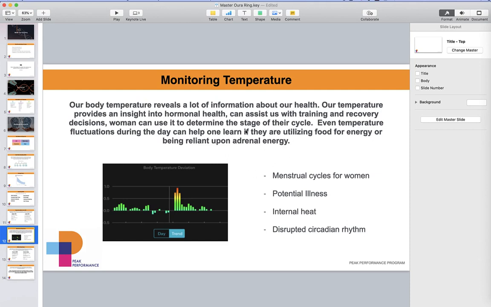And looking at your temperature helps you realize if you're using food for energy or you're reliant upon adrenal energy. So just as a recap, your temperature can tell you cycles for women. It can also tell you potential illness. So if your temperature rises unexpectedly, it could be because you're getting sick, and it gives you your internal heat and disrupted circadian rhythm. So looking at your temperature, if you are hot when you first wake up and you are cold when you're going to bed, that could be a sign that your circadian rhythm is not functioning optimally and your melatonin cortisol levels are not synchronized, because ideally you want your coldest temperature to be right when you